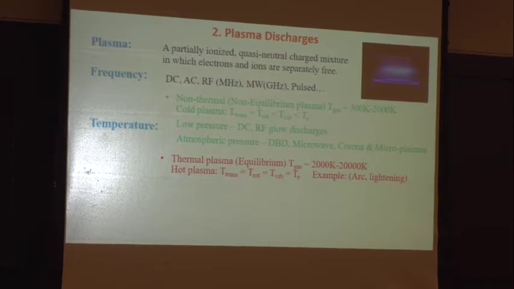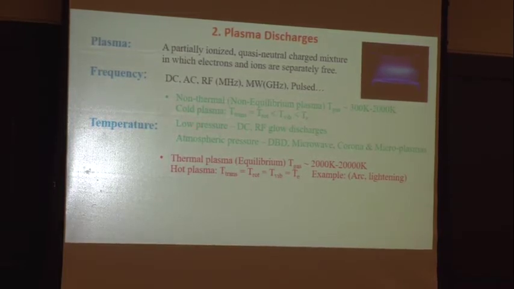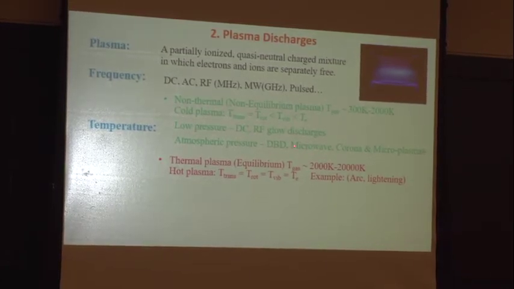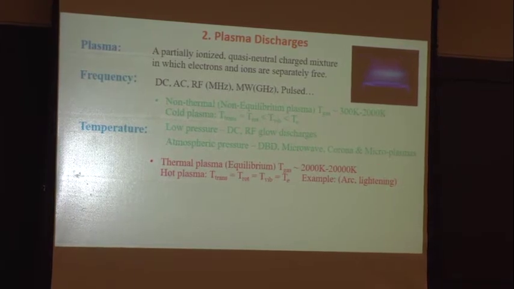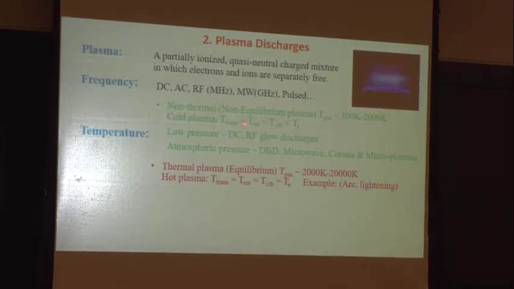For rotational, thousands. For rotational, just one collision will probably be able to transfer, but a vibrational will take about 1,000 collisions. So, particularly at low pressure, you don't have enough collisions. And for example, short pulses like a microwave corona and a micro discharge, they don't have time for the energy transfer. So you may have an equilibrium between translational and rotational, but you don't have one between rotational and vibrational and electronic excitations. So these are the categories of temperature.